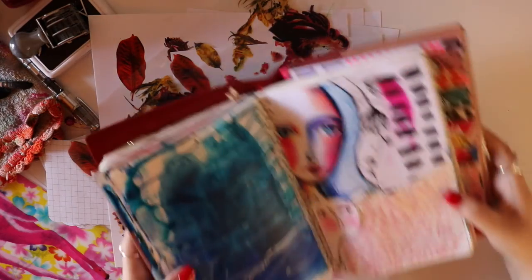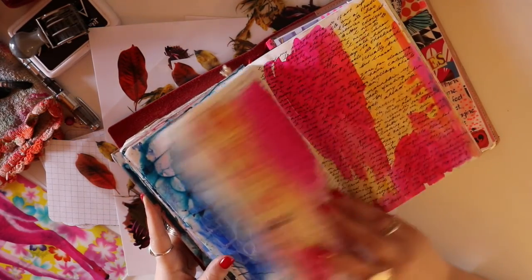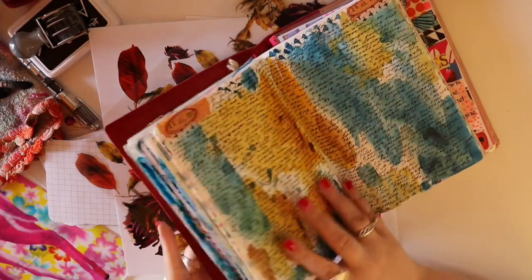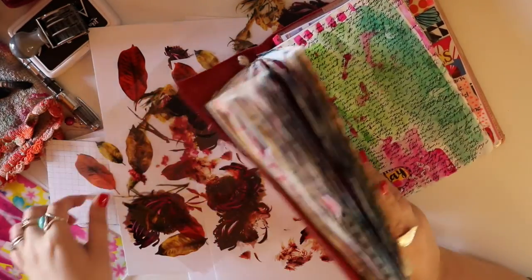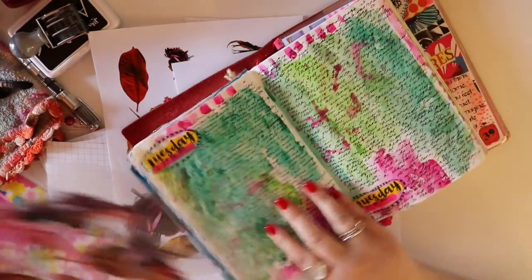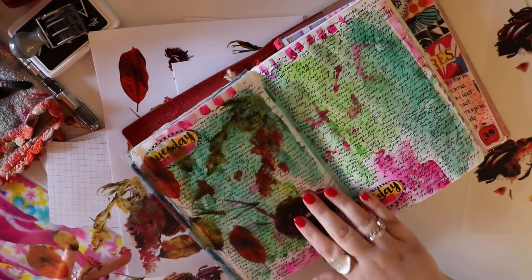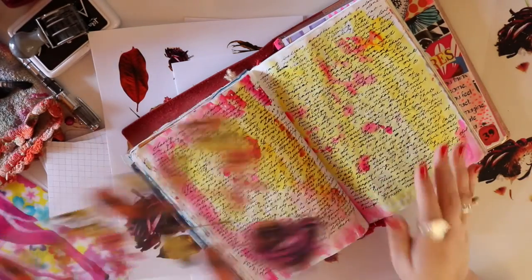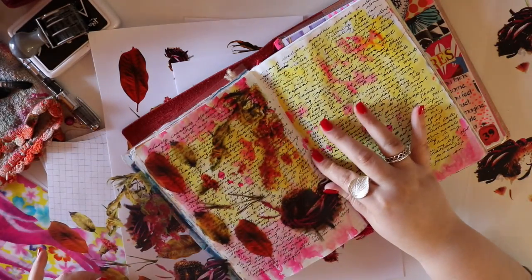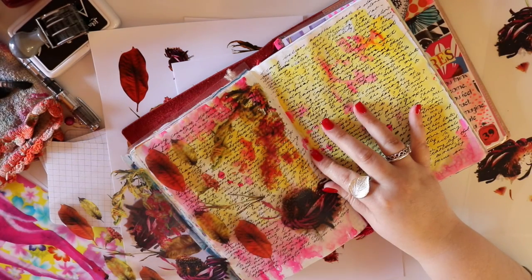And I created them in case I wanted to cover up something that I had written, something that I didn't want people to see. Not that I'm ever very careful about that sort of stuff, but I just thought that it would make a beautiful overlay in case you wanted to hide some of your writing. So you can just layer that in as a tip-in, and it obscures the writing while still looking absolutely